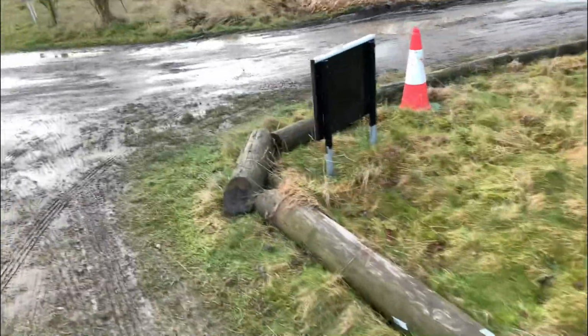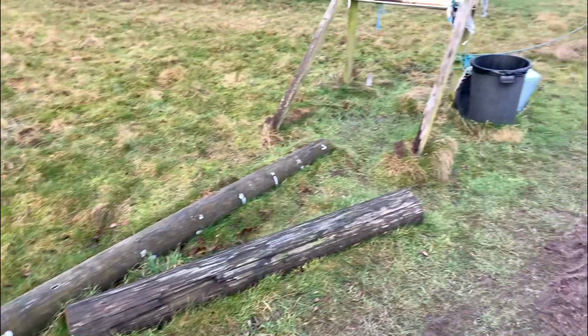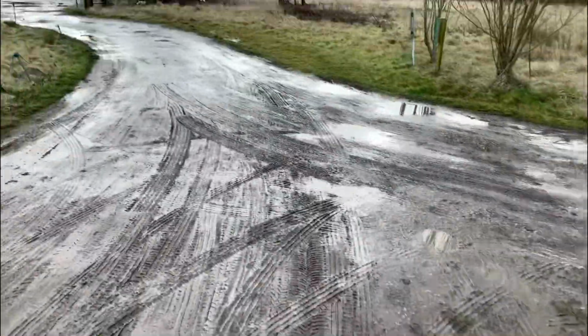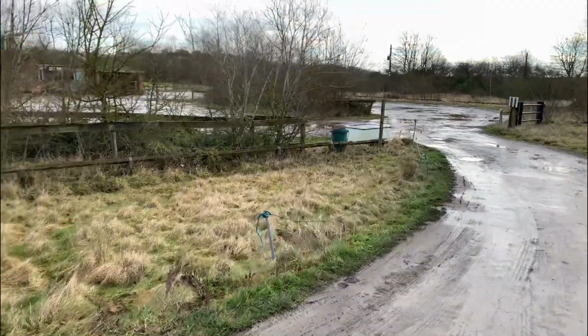All these big poles here, these are all telegraph poles, look, you can see they've still got old numbers stamped in them from years ago. They'd be quite a nice addition, adding them all the way around if they could, but again, that's just me being picky. Right, let's go back into the main car park area and go and have a look at this